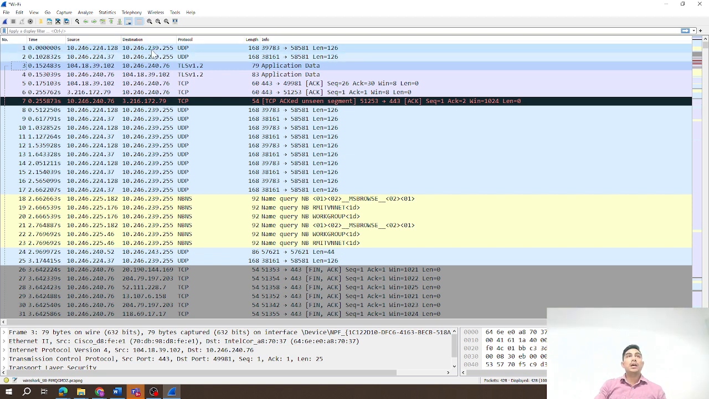So these are the IP addresses of the devices. The source device has the source IP address and the destination device has the destination IP address. These devices could be either servers or normal computers. And then the protocol in use was UDP, and the length of the frame is 168, and then the information